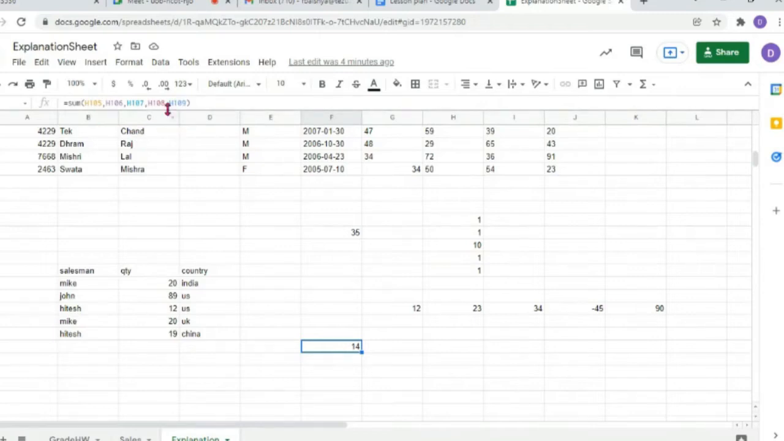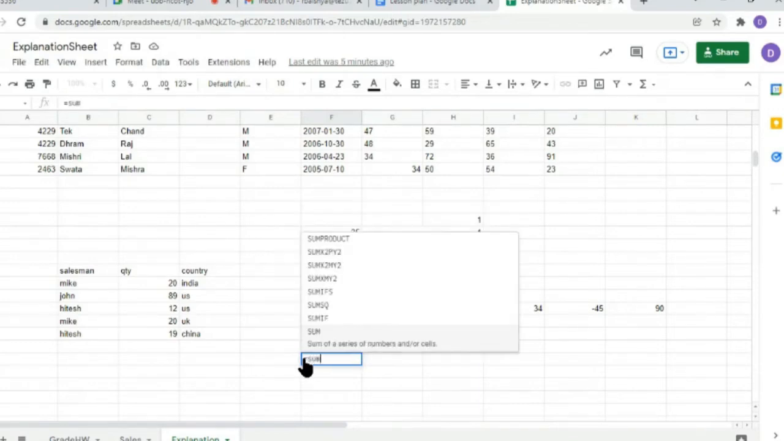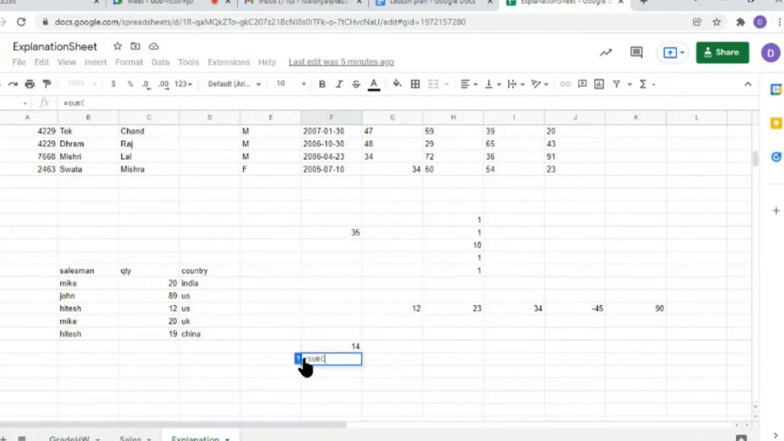in the form of a range, like from cell H105 to cell H109. And that is what we're going to do in this example. So what we can do is write sum, and then instead of mentioning each and every cell independently or explicitly, we can write a range. And what we can do is, see here,